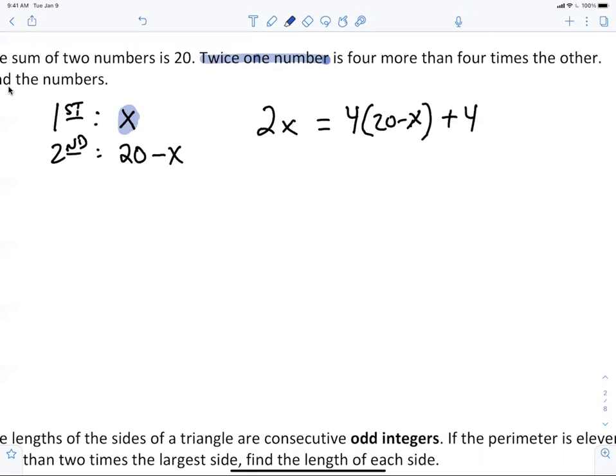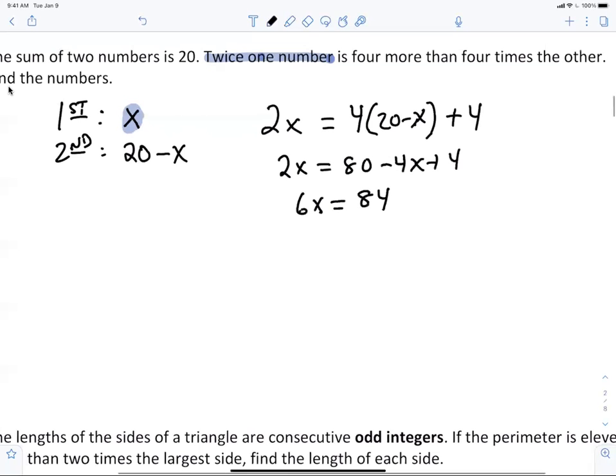Somebody else with an issue on that. Cole, you all good now? Yes. I'm just confused for the answer. I don't know what the answer is yet, but we're going to work it out. All right, so let's go ahead and distribute the 4. Do you agree with that? So now I have 2x equals 80 minus 4x plus 4. Do you agree with that? Now, are you okay with me moving the 4x over? So what's 2x plus 4x? 6x. Yep, and what's 80 plus 4? 84. Beautiful. So x was,